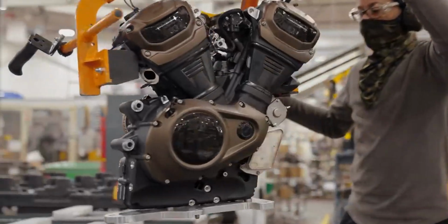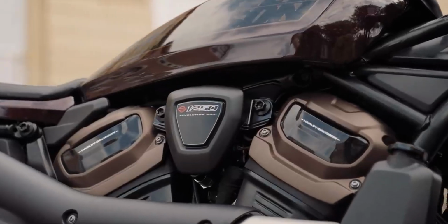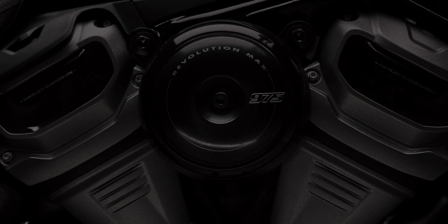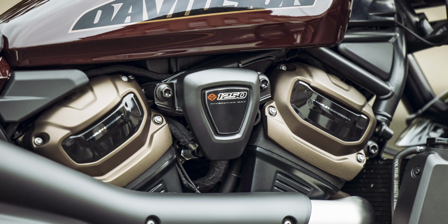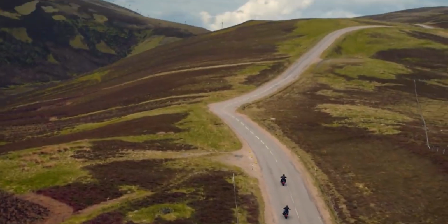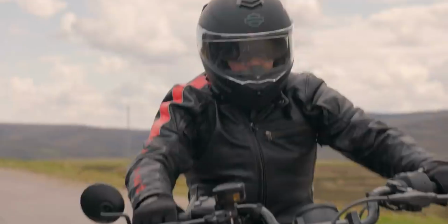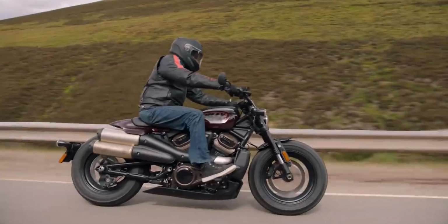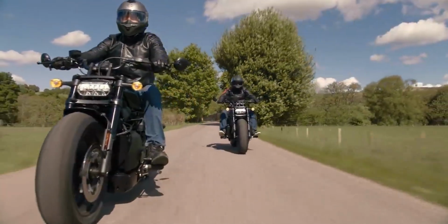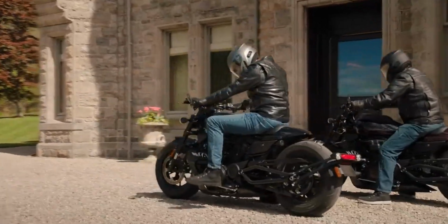It is to be noted here that both bikes are running Harley's new water-cooled Revolution Max engine, with the Nightster having a lower displacement at 975 cc's and the Sportster S at 1252 cc's. And after having ridden this engine in the Pan America and Sportster S, let me say, I'm a fan. Although I do prefer the more torquey state of tune of the 1252cc engine in the Sportster S over the Pan America's more high-end horsepower-focused tune. And when we see the upcoming torque figures, we'll see that the Nightster might have a little trick up its